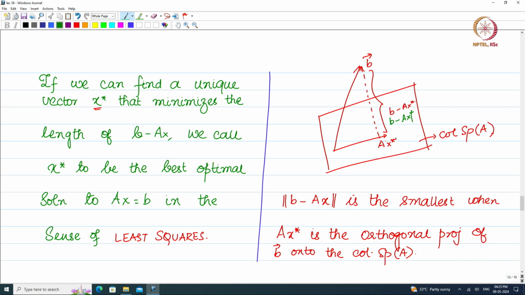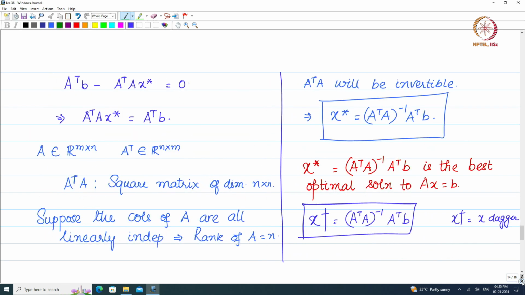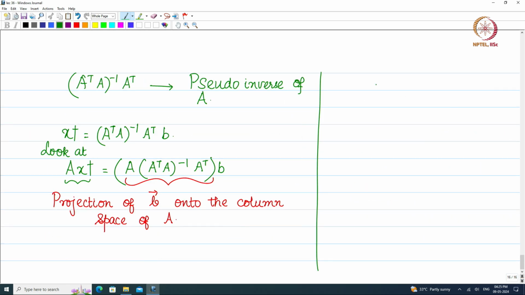So B minus AX dagger, this is AX dagger. So what is this? AX dagger is the projection. We have written here AX star is the orthogonal projection of B onto the column space of A. So let us write here: AX dagger is the projection of B onto the column space of A, therefore the matrix